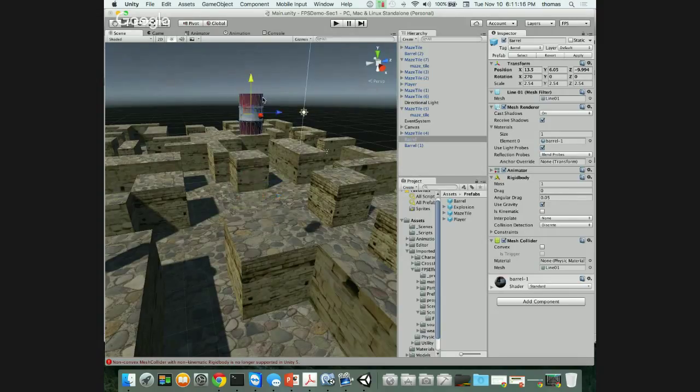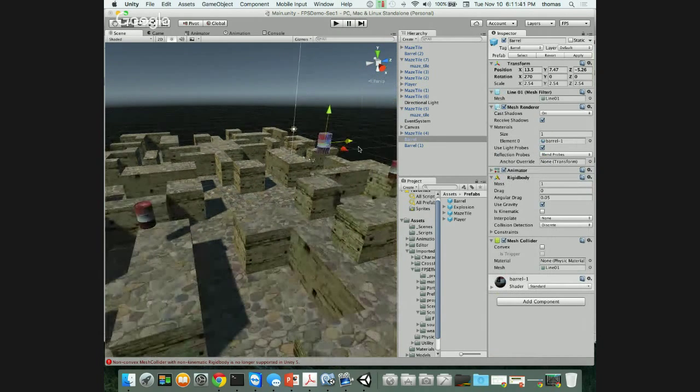So let's see what happens there. Here's my mesh collider and my rigid body. Let's watch and see what happens to it in the scene. Let me bring the barrel closer to me, where the player is. It's over there, so let me make this guy go over here and send them in the other direction. So we can see where the barrel is going to be